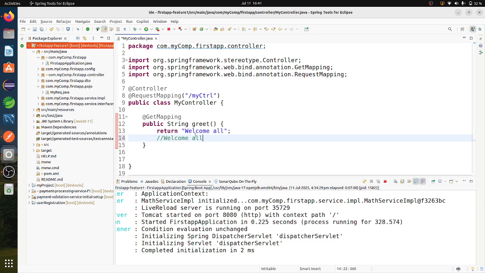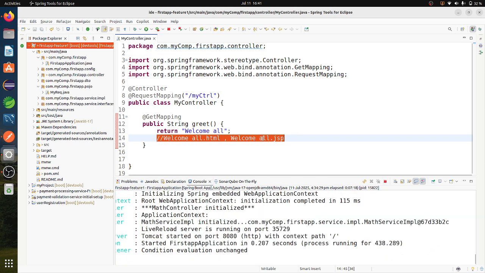As soon as I return this, it will search for pages like welcomeall.html, welcomeall.jsp. So it looks for some view pages, that means front-end pages. But in my application there are no HTML or JSP pages, so that's why it is showing an error.